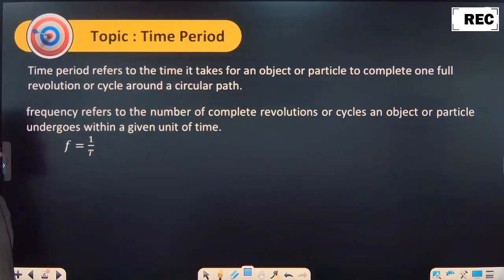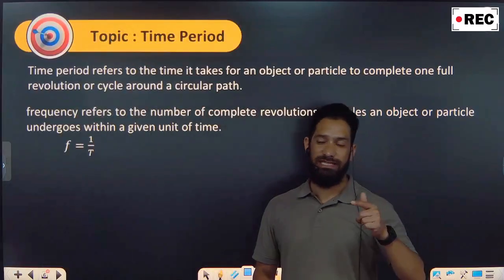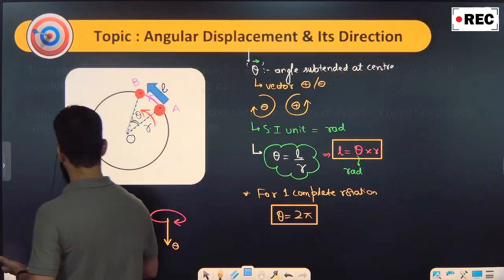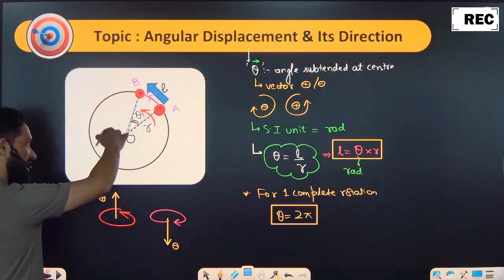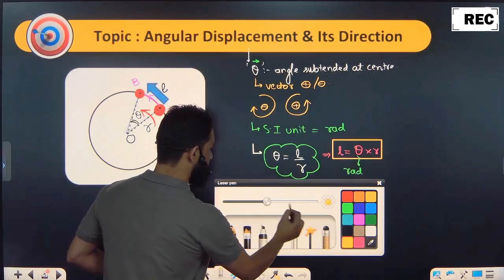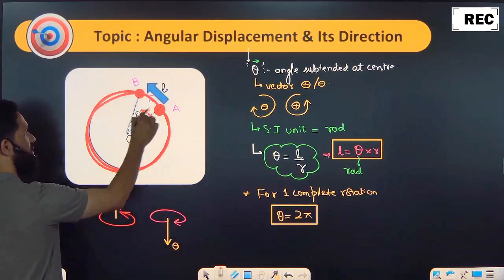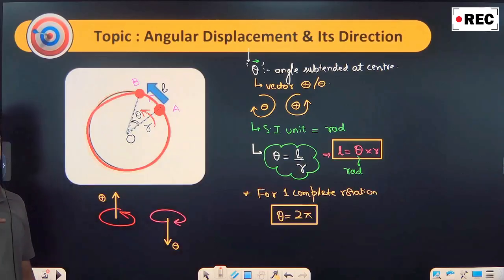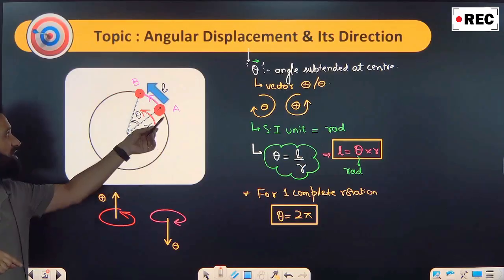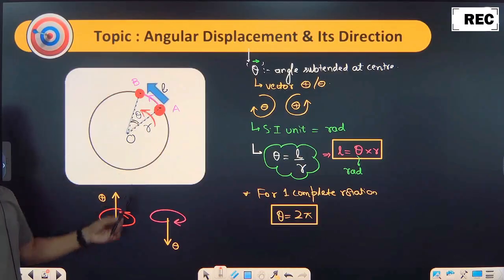Now there is one thing which is called time period. Obviously, when things are moving in a circle, circular motion can be a periodic motion. Means when a body is moving in a circle, it comes to the same point after some time, then it can again move in a circle, come to the same point, again move in a circle, come to the same point, right? So a circular motion can be periodic. Now what is called one time period? It is the time taken by a body moving in a circle to come to the initial point, the least time, after one complete rotation. It is called time period.